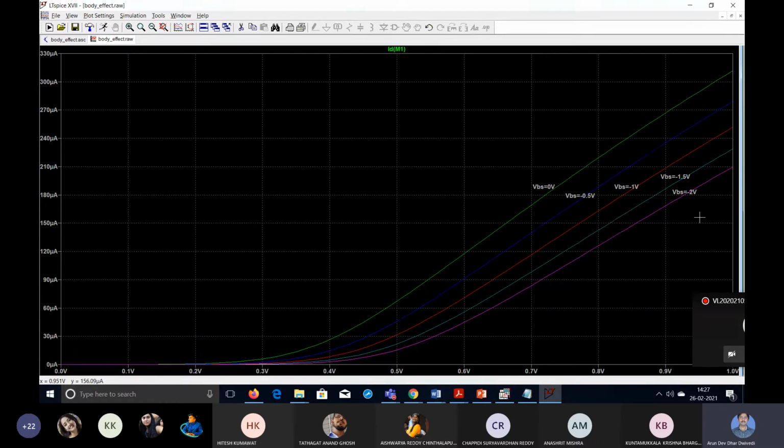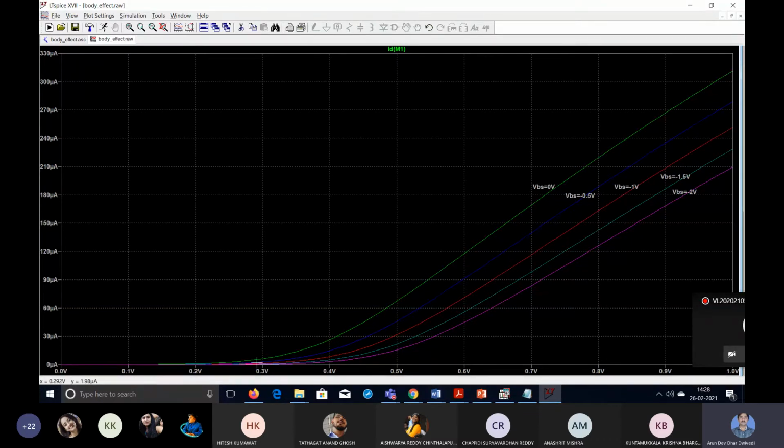So these are the plots, and for each set, if you want to export data and calculate, or otherwise without exporting also, instead of plotting all the sets together, you have to find out the threshold voltage for all the cases. For the VBS already you have got it, but for minus 0.5 volt, minus 0.1 volt, you can plot separately. Instead of plotting all the 5 sets, you can plot only one set, and from this plot, wherever the current is increasing, like here somewhere, we are getting 0.24 threshold voltage.